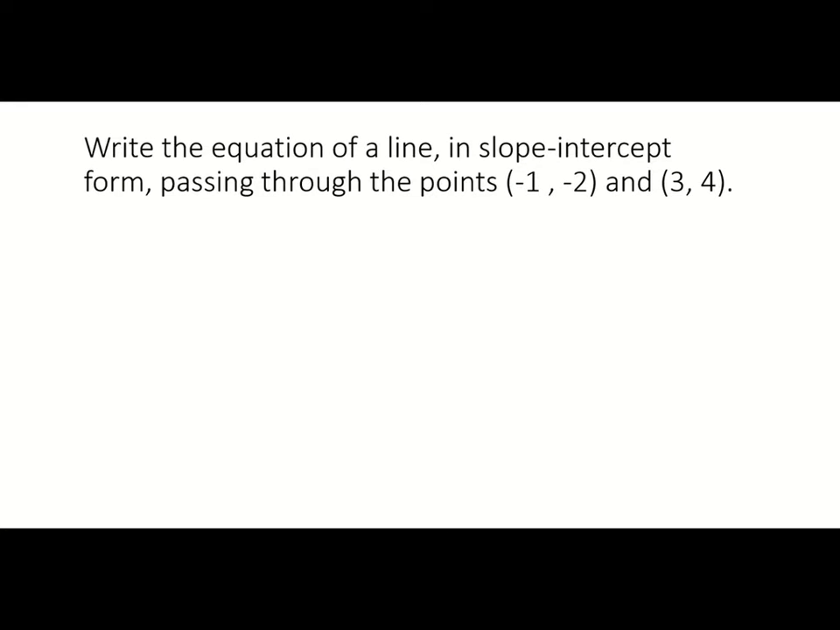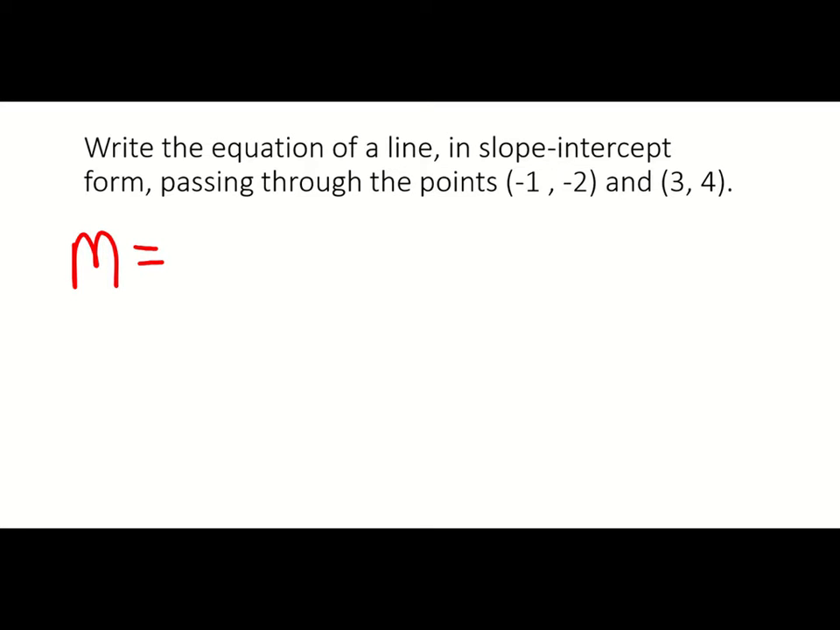Our next example says write the equation of a line in slope-intercept form passing through the points -1, -2, and 3, 4. So what we want to do when we are given 2 points, we want to identify what the slope between those 2 points is, and then use that slope in one of the points to figure out the y-intercept. So what we're going to start with is the fact that slope